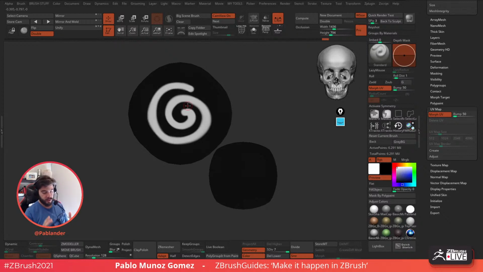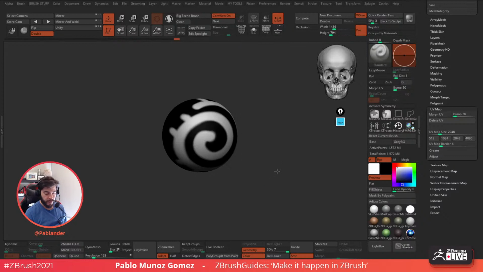You can take what you have in here and send it to Photoshop as, what's the name? I forgot. Projection Master. So you can send the Projection Master like so, paint whatever you want in Photoshop if that's your workflow, right? Bring it back into ZBrush like this, and it will be projected in this fashion. So everything that I'm doing here can be done in Photoshop and then projected back in, and then you can go back to Morph UV, and if you want to sculpt based on that now, you can